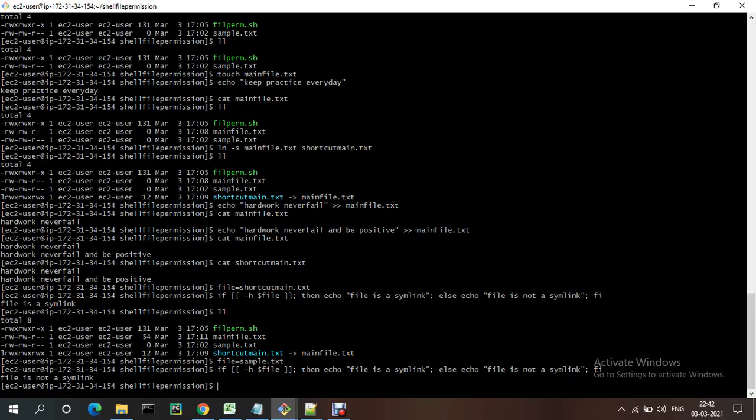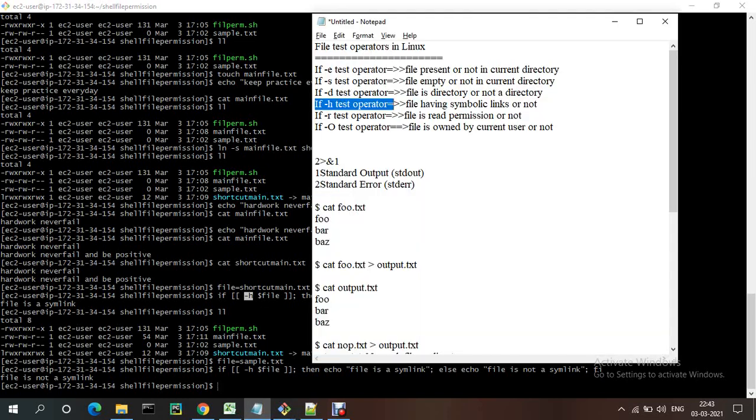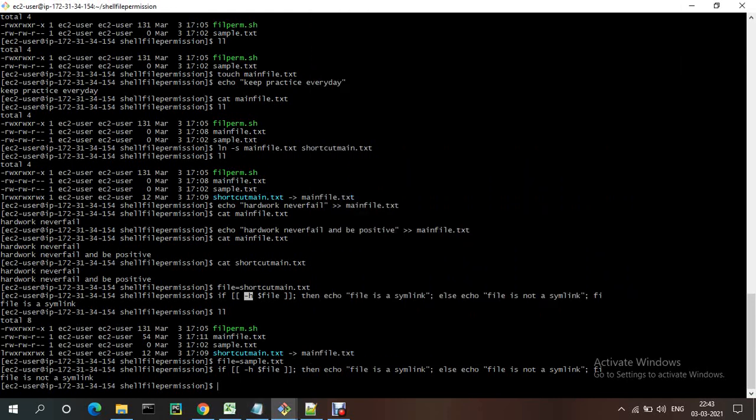Okay, so now -h is to check whether the file is a symlink or not, -d is whether the file is a directory or not, -s is for empty or not, and -e is whether the file is present or not in the current directory. Now the next option is -r. Okay, -r is for read permission, whether the file has read permission or not.